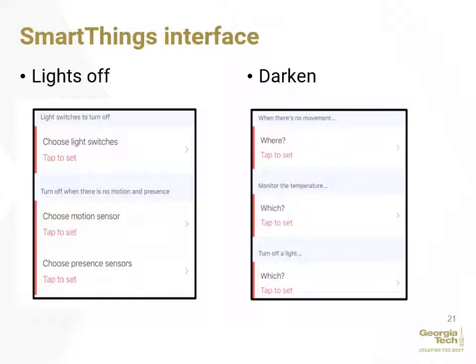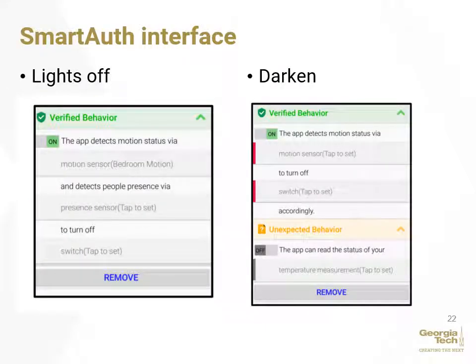In the SmartThings interface, visually, we can see that these two apps look exactly the same. Both would like to turn off the lights when no motion is detected. But with the SmartAuth interface, we can clearly see the difference. The second app, that is, the Darken app, has unexpected behaviors. The app can turn the lights off when no motion is detected, but it also accesses the temperature sensor, which